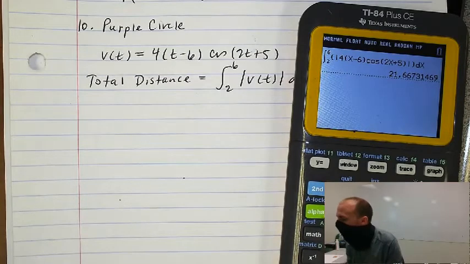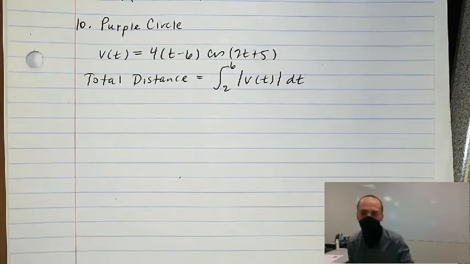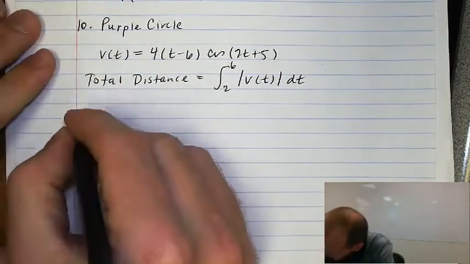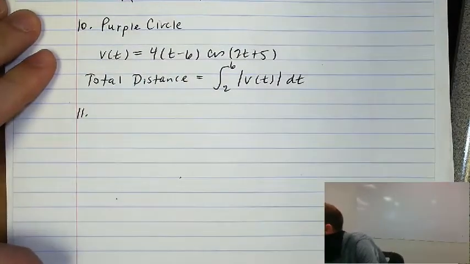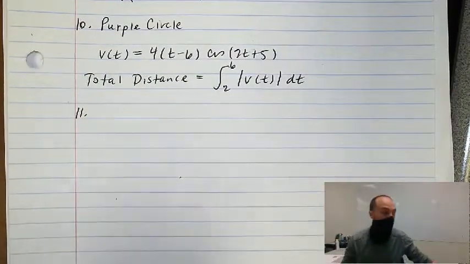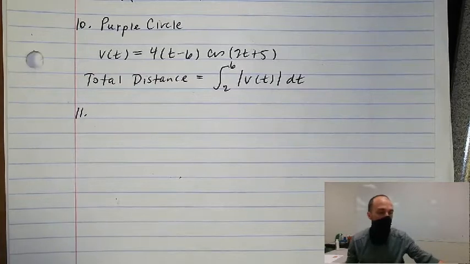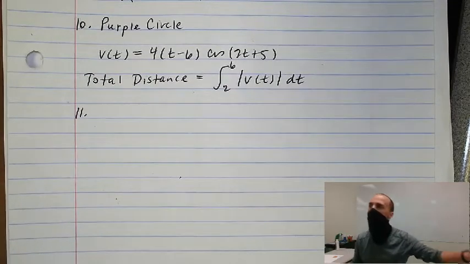And we get that 21.667 number. Cool. Wonderful. We love it. All right, number 11. This is red triangle, and this is another one that I printed off a copy of